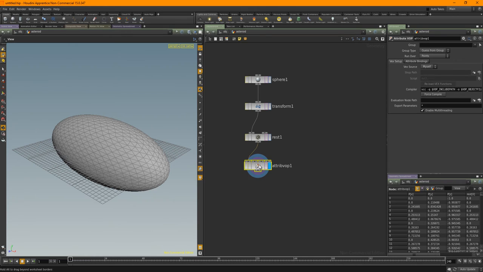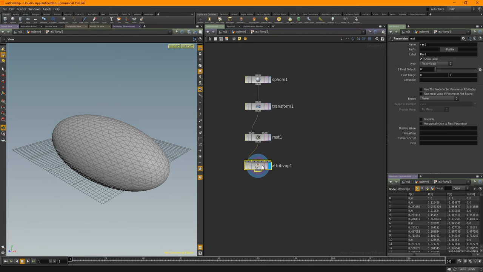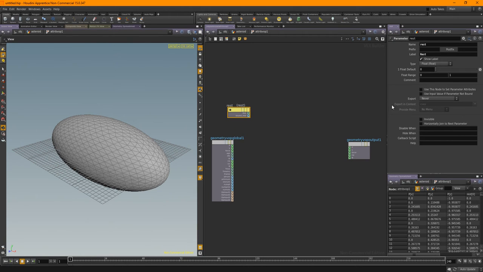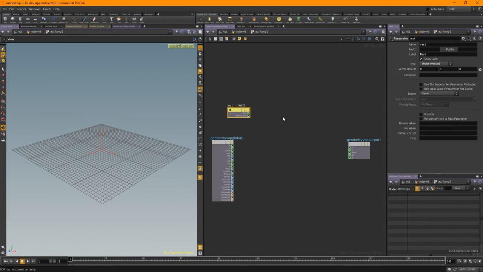As you can see, it's not there. Take invisible off, jump back up, you can see it's here. We don't want anybody changing this, that would be bad. If we middle click on here, you can see we have 2 point attributes, position and rest, and rest is 3 floats. So we can either keep it as a float and bump it up to 3, or we can use a vector, it's entirely up to you. I'm just going to drop that as a vector.